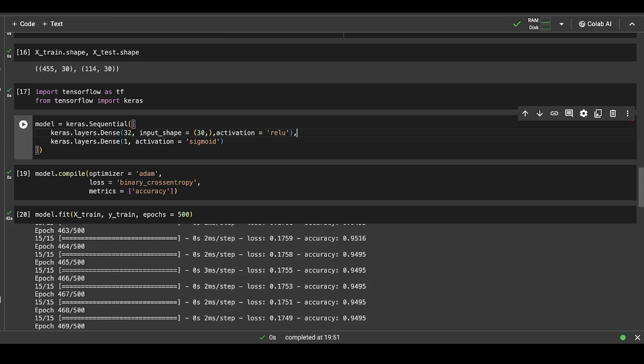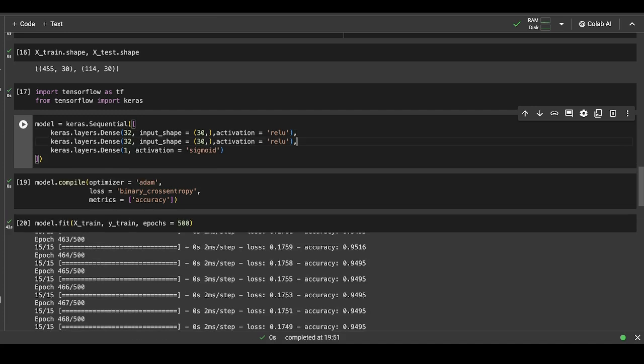Now this was our first hidden layer. We can add one more hidden layer, the second hidden layer, and let's say in the second hidden layer we want 16 hidden neurons. Now we don't require the input shape here, we just require the input shape in the first layer, the layer where we are actually taking the inputs from the data set. Again, this will have ReLU activation function because this is a hidden layer, and we can provide one more hidden layer if we want.